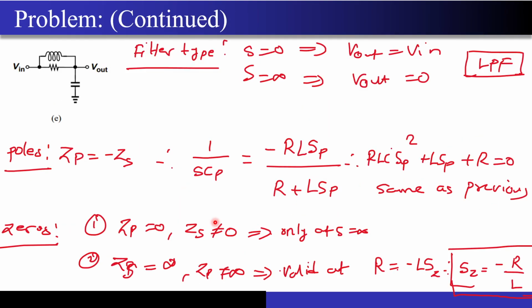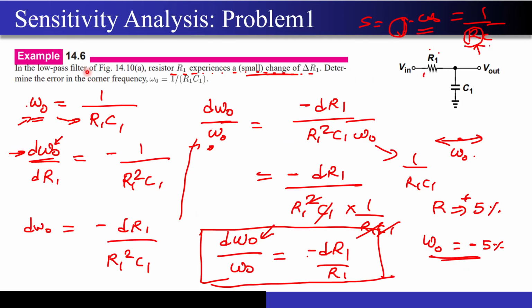Now once that part is completely done, let's move on to the sensitivity analysis. What does this sensitivity analysis mean? The sensitivity analysis means how sensitive the pole or the zero present in this passive or maybe active circuit is towards the variation in the passive component values, right? So this is what the sensitivity analysis means. And why is it so important? We will look into why there is a variation in the values of the passive components present over here. We have some slides on it. I will show you in the next slide, right?